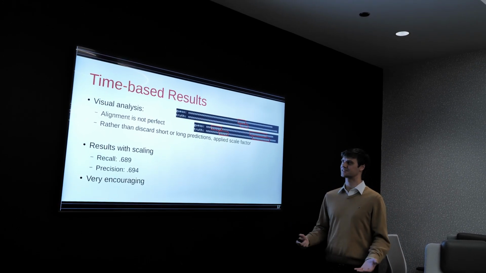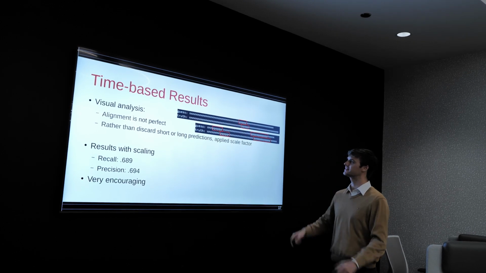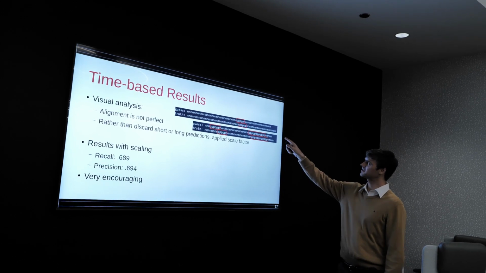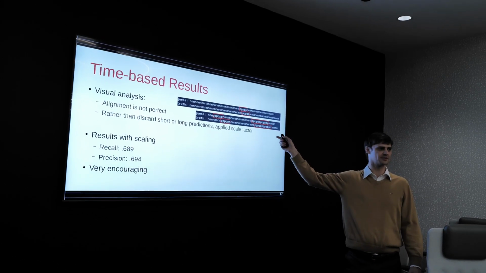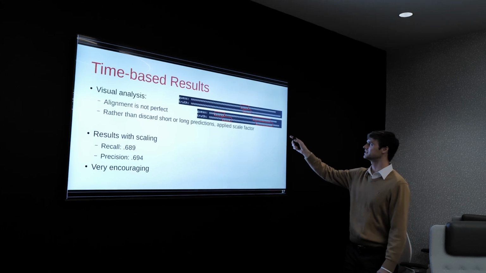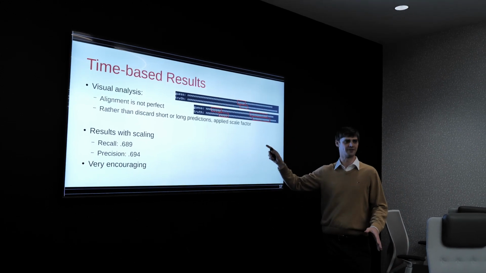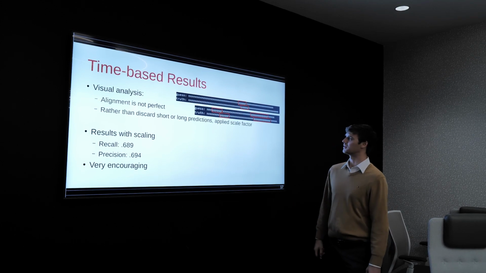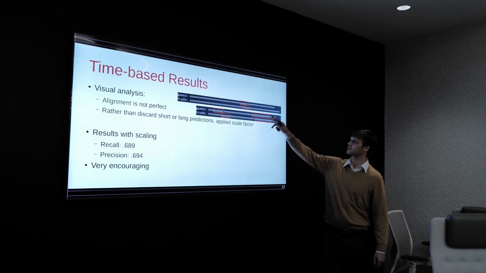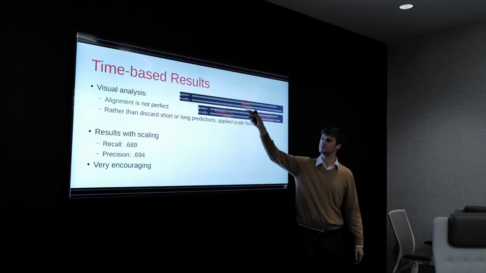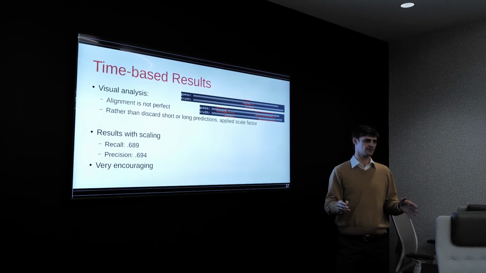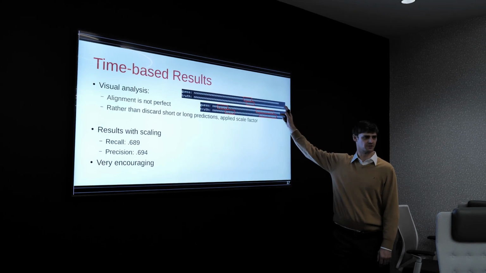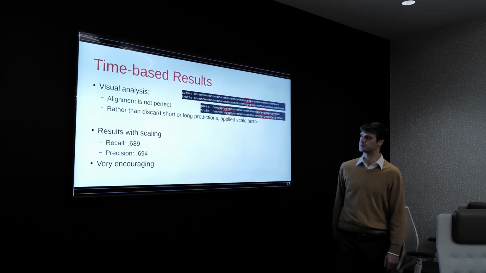But rather than discard or just try to apply this, I realized that as long as the shape is roughly correct, we can apply a scale factor. There's no reason to be very strict about getting the length right if the shape is appropriate. So I applied a scale factor and multiplied the timestamps of the individual start and stop of the private numbers in order to stretch them to the appropriate length or shrink them, depending on the problem.